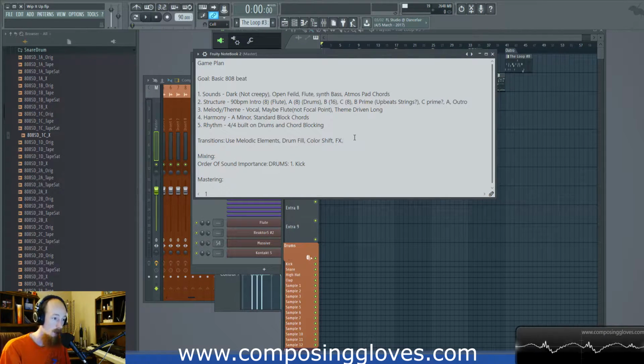We also have the arrangement, which is a combination of melodic elements and color shifts. And again, we could get more detailed here. Mixing, on our mixing category, we can include, okay, so you see, we not only have we got down our sound, but now in our structure, and by the way, the structure is ultra super key important for this process. But now we can go into mixing and be like, okay, order of sound importance.